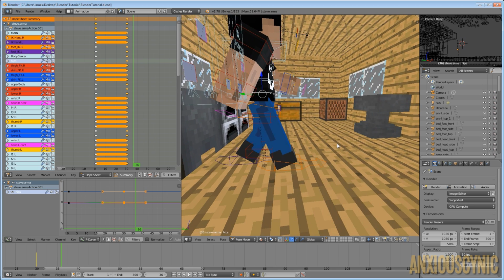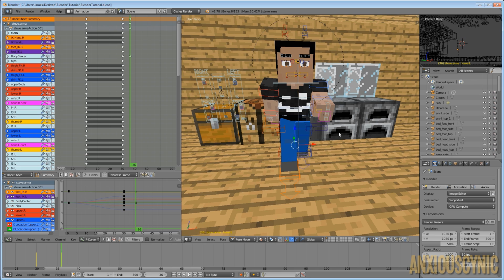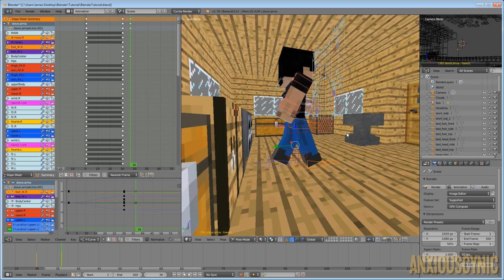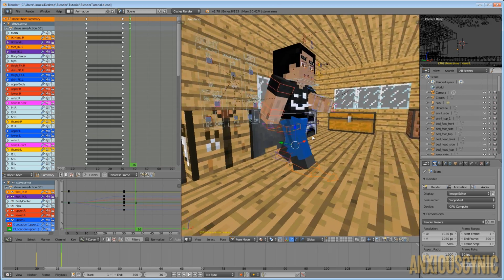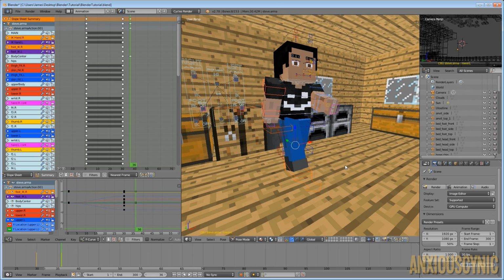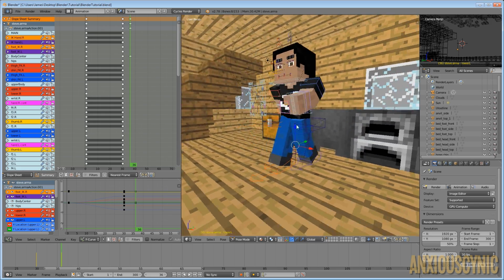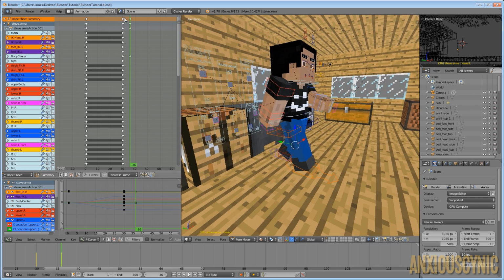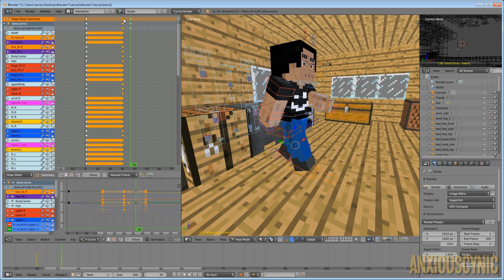And let's see if we can bring Steve into another position. We're going to hit G and then bring it up a little bit. All right, guys, so now that we've got the position set up for the intermediate, we'll probably have to come back and change that once we see exactly how the legs are going to go. But we want to change the position of the arms and legs here to the reverse of what we have them here. So what I'm going to do is come back to this frame here, and we want to copy